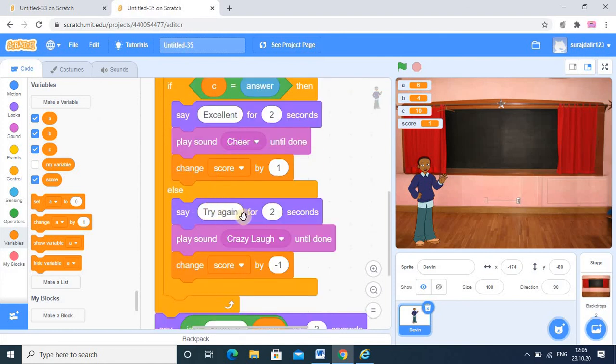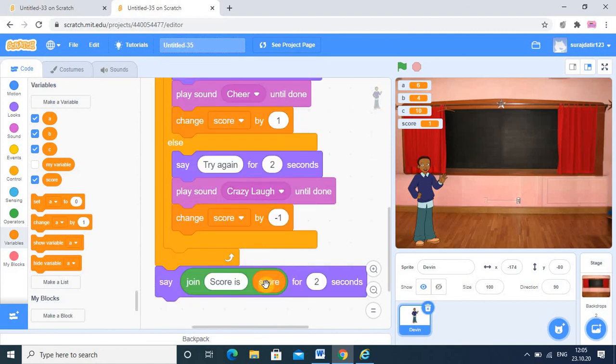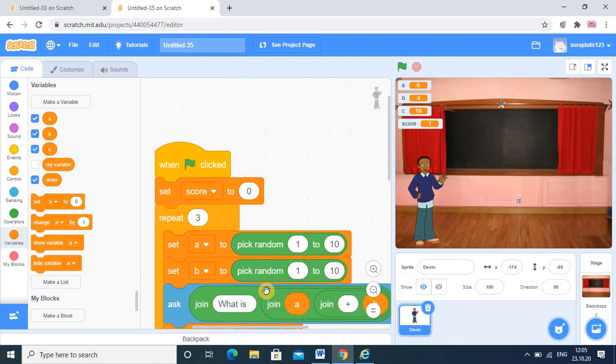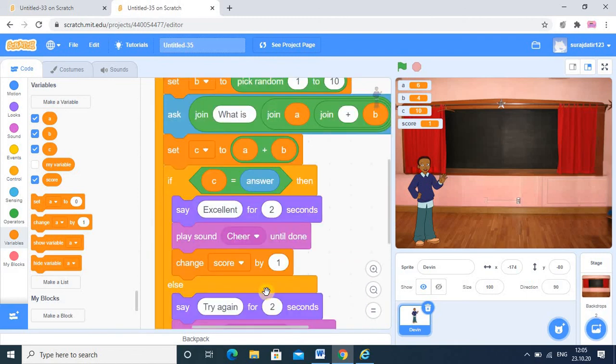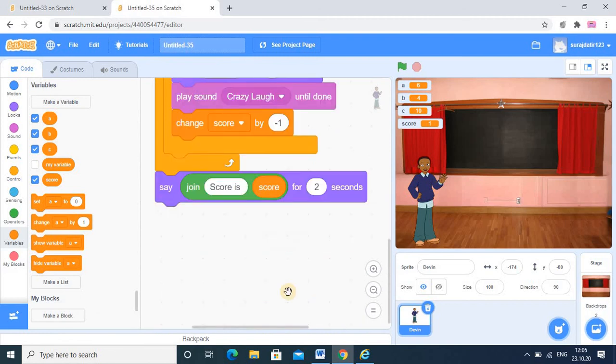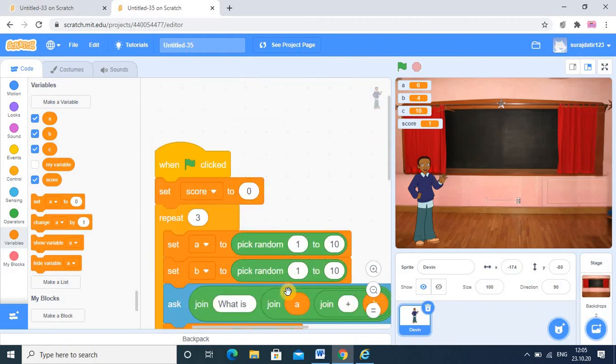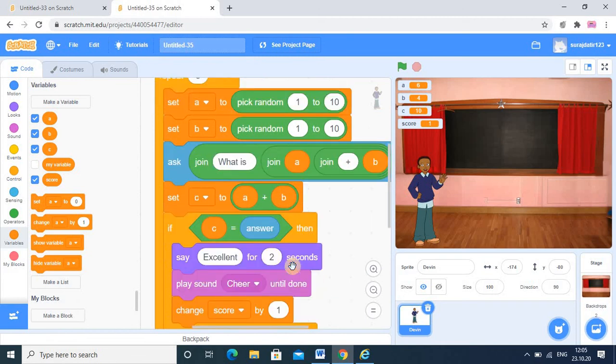If the answer is incorrect, you will get this message, the sound will be played, and the score will be deducted, and at the end you will get the scorecard. The score is a particular score: 1, 2, 3. It depends on how many answers you give and how many correct answers you attempt. So in this way you can set a quiz for first standard, second standard, primary section or any student. So that quiz is related to the math subject. So I hope dear students you understood this. So you just create the quiz, and one more thing